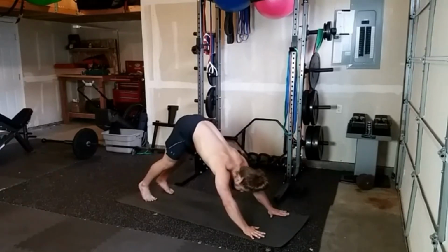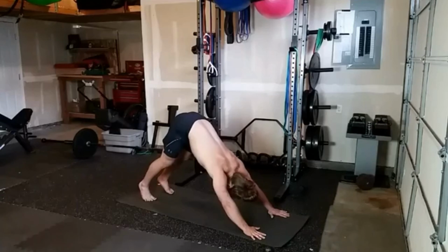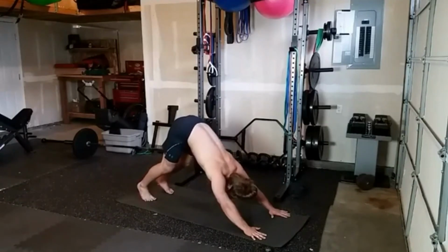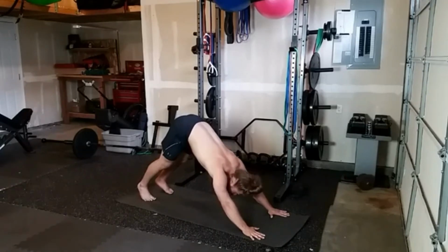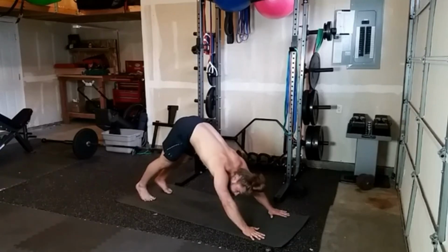Soft bend in the knees, push the floor away, push the head away from the floor, the ribcage away from the floor, pull the belly button in, tilt the pelvis forward to get that nice alignment in the spine. We don't want to collapse in the upper back, and we don't want to be rounded either. We want a straight line from the hands, through the arms, through the shoulders, up to the hips, okay? You should have a nice straight line there. Now from this position, you're in that exhale. I know I'm talking a long time, so you won't be able to hold that exhale. But on this position here, we actually hold the exhale